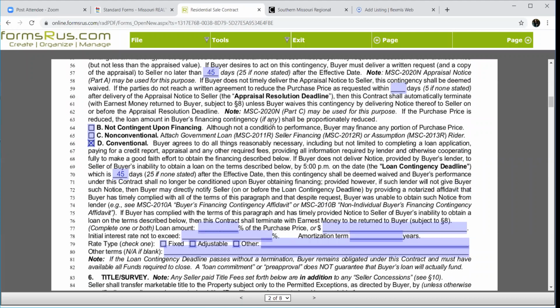All right, so a conventional loan, we're going to do all of our things in the financing time period, but again, make sure we extend this through. I believe compliance has finally gotten past this. I personally don't think it's anybody's business what kind of rate or term or anything that my client is getting. So I personally put all terms to be determined by lender. Apparently they're working on that.